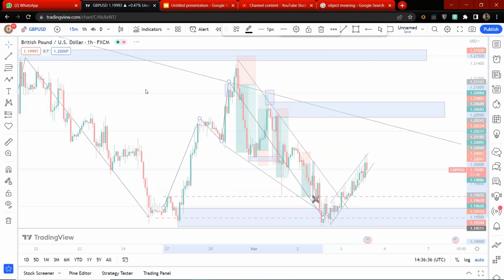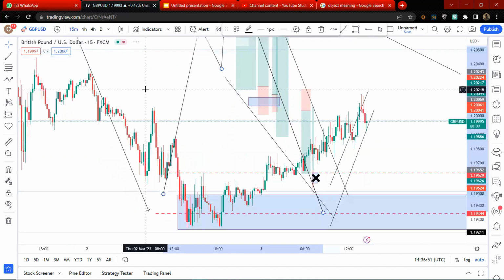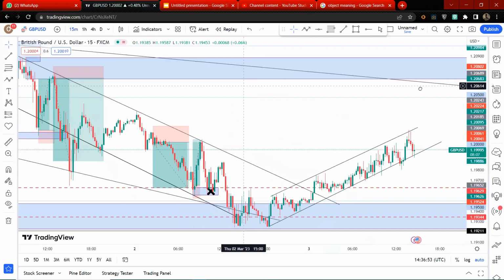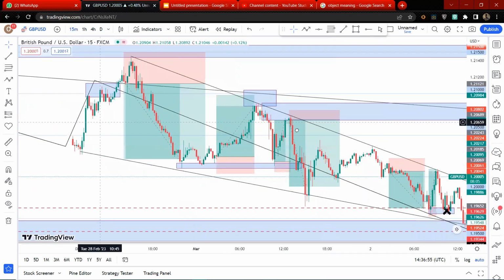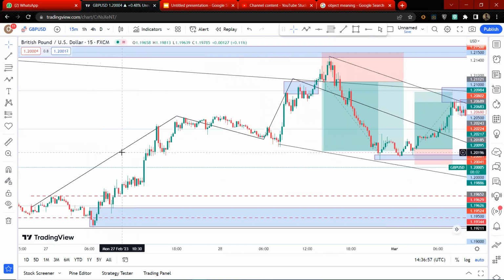Now guys, always follow structure. Go back and backtest your structure. If you see the pattern is repeating itself, be sure to try that pattern in the next setup you take, because trust me, it will play out, like a 70% chance of that playing out. Let's just look at the trades we took.